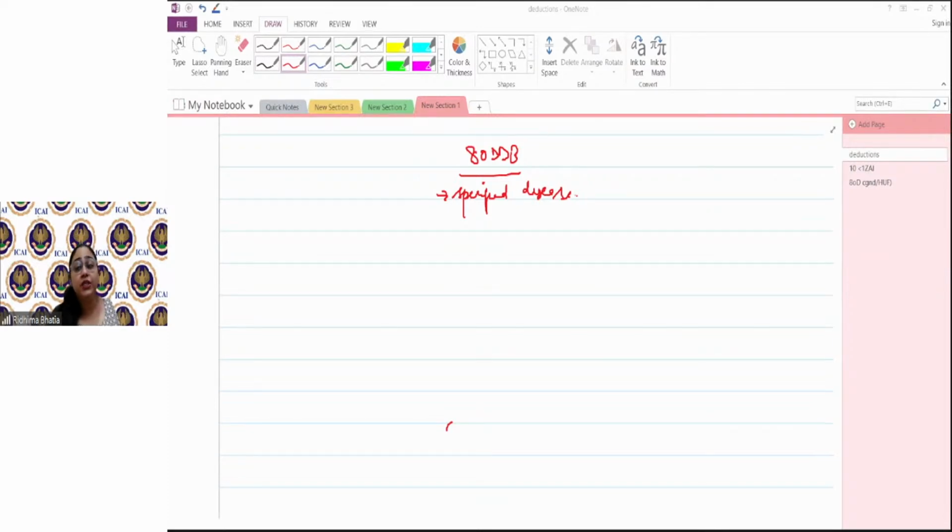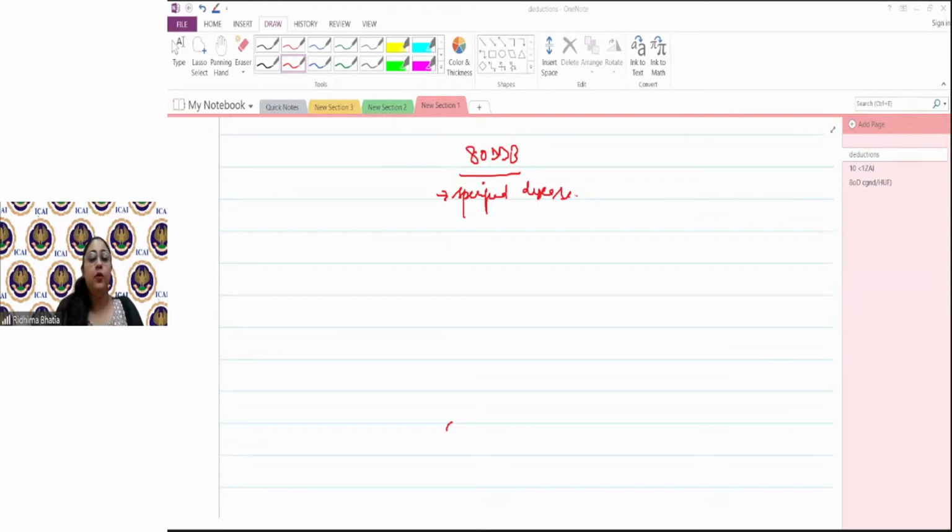Okay, last question is, what is the deduction? Deduction here is not a flat deduction. It is the actual expenditure or 40,000, whichever is lower, or actual expenditure up to 1 lakh in case of a senior citizen. So in this case only, you will get